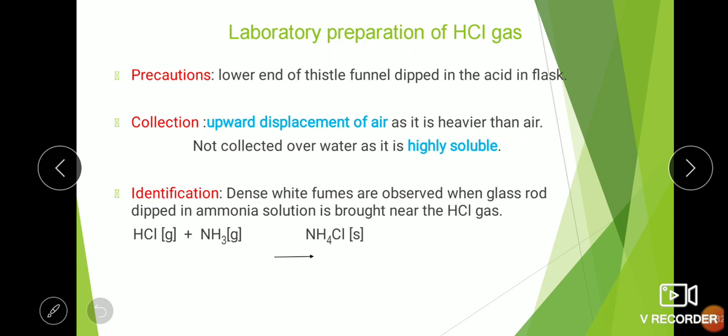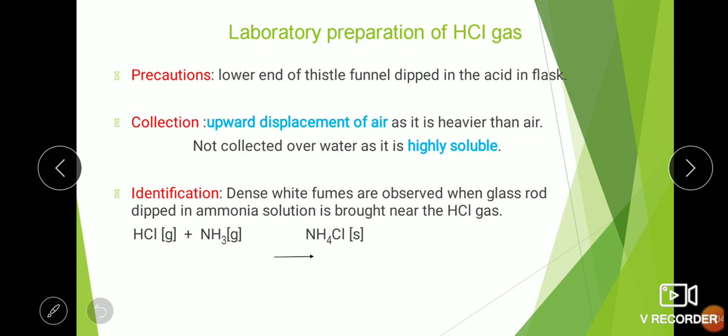Now, as I have told you, 3 or 4 questions, or even 5 questions may be asked from this. What are the types of questions? Whatever I have taught you, I'll tell you the types of questions which are asked from this section. The first question may be, name the reactants used in the preparation of hydrogen chloride gas. Second question will be, write the equation for the preparation of hydrogen chloride gas. Third would be, they would give you a diagram and ask you to label the parts.